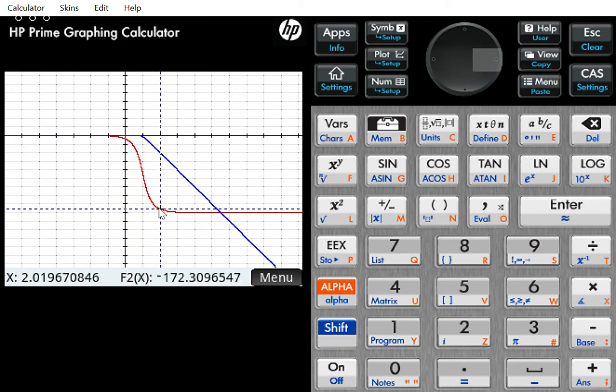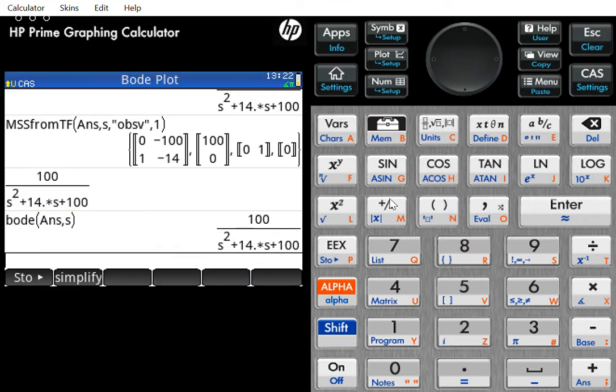So you can see here, just keep in mind that the x-axis is not in radians. The x-axis is also in logarithmic format. So this 2 will actually be 10 to the 2, right? So if we want to check the poles of this function here,